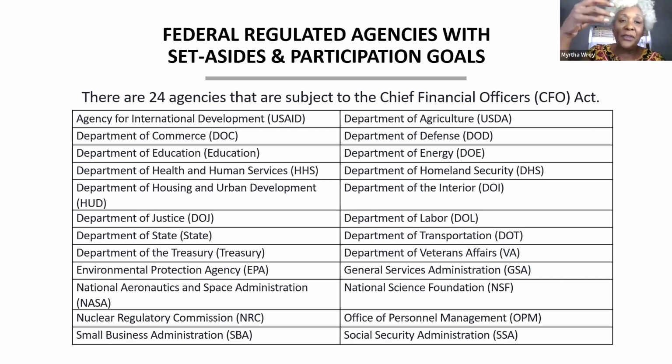And these are at least some of the federal agencies that have set-aside and participation goals. So at a minimum, if any of these agencies resonate with you, or any of the services that you give, pick three or four of these and go to their website and see what they're buying. They even have the buyers listed. They have information. I'm not shy to pick up the phone and call, until you get what you want.